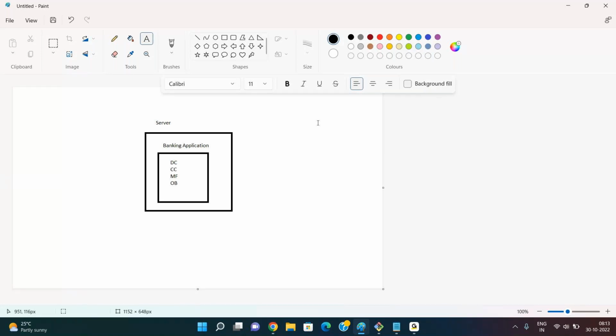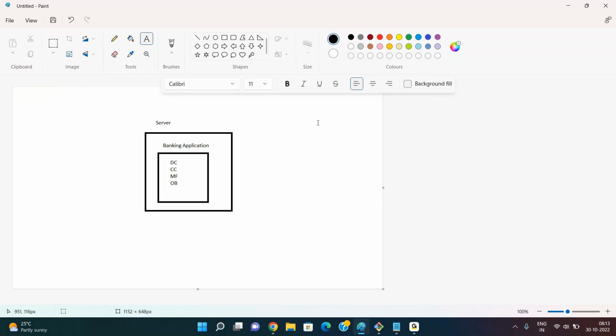At some point the server may go down, or at some point the application is not responding from the server. There are different factors, so there is no guarantee that your application will always be up and running. So now we have to make sure